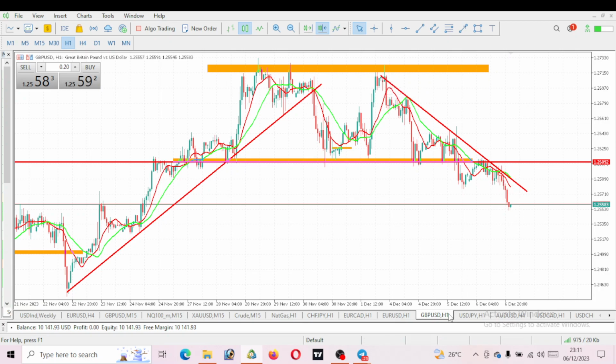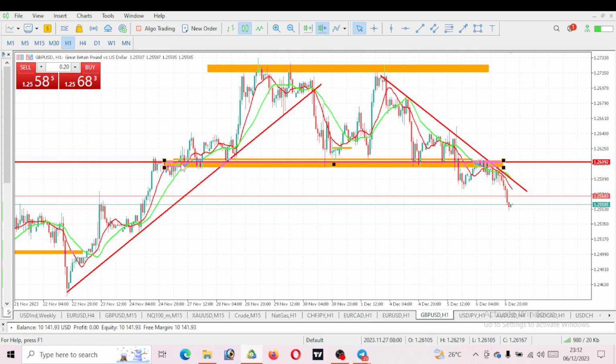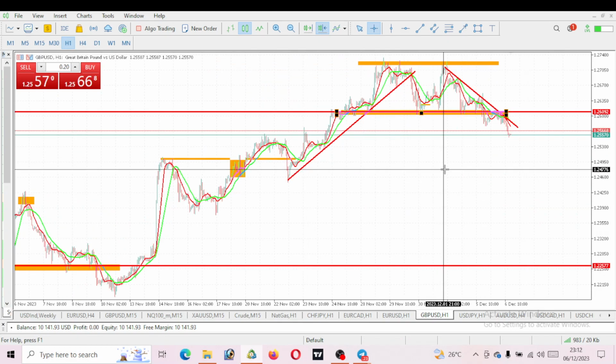So let's take a look at GBPUSD for today. So, guys, you can see that GBPUSD has now broken this our major support level. You can see from this support level, GBPUSD has been reacting to this level multiple times, and it has now broken this level. It means there will be more sell on GBPUSD. GBPUSD is now on a bearish move, and this bearish move will be heading straight to this.